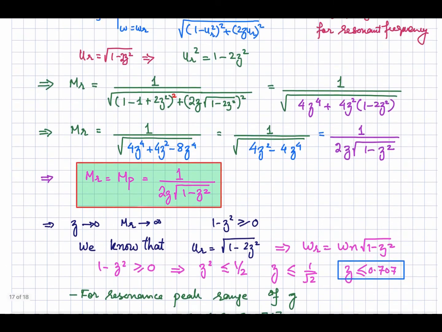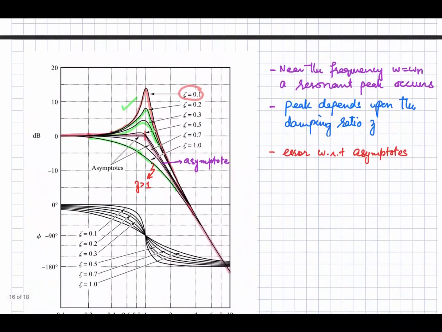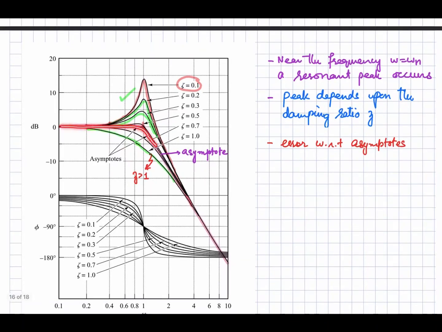If I summarize this video, what we have discussed, we have seen the frequency response of a second order system when there are two poles in the system. If those poles are complex conjugate pairs and zeta is between 0.707 and 0, then there will be the resonant peak, otherwise there will be no resonant peak in the response of the system. So the frequency response for the second order system is given by this diagram.